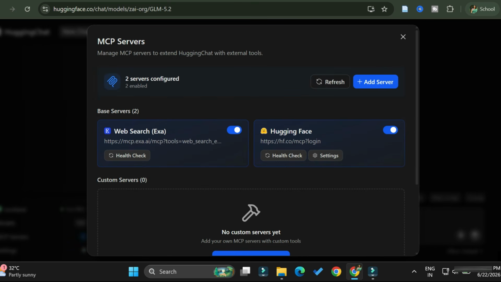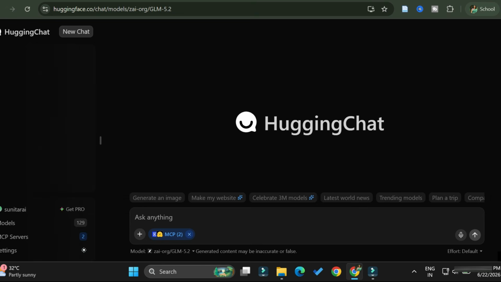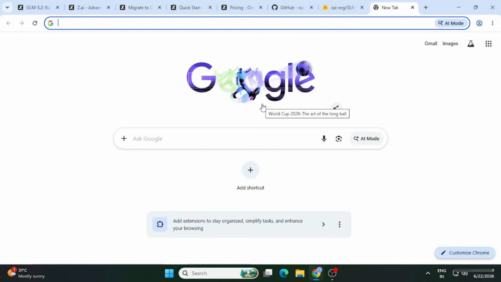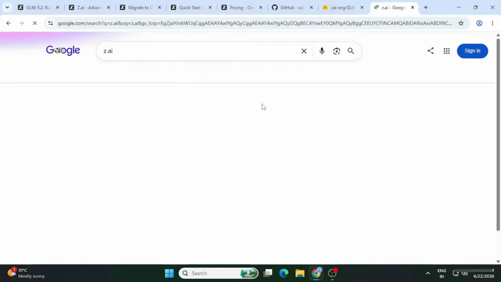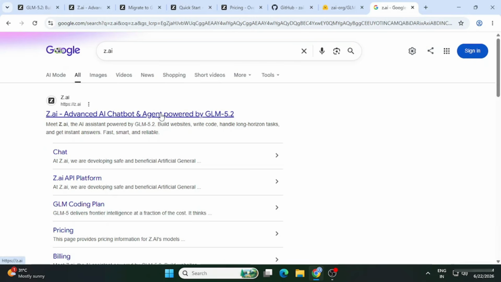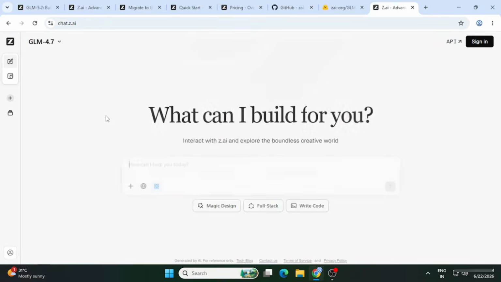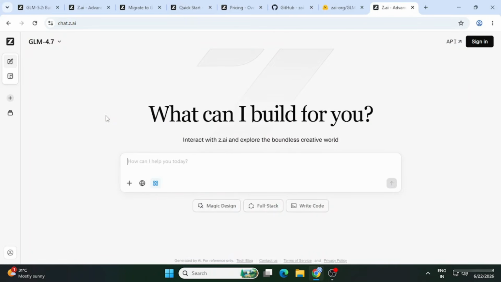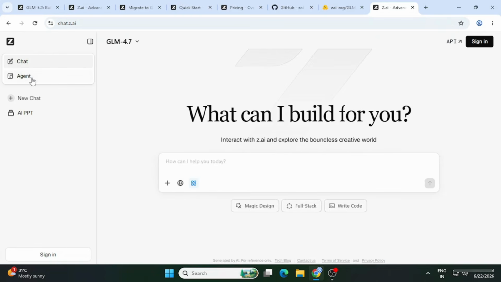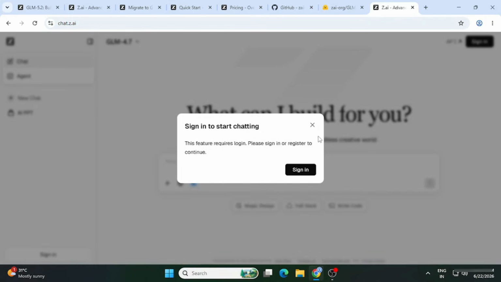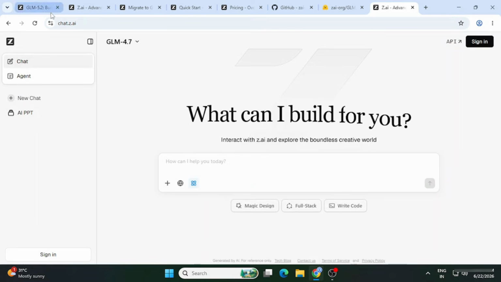Now I will quickly show you how to use it through web, as well as how to use it through Zcode IDE. So now guys, here I'm just going to this Z.ai, and you can see here we have a chat option. So if you want to chat, you can chat, but I feel you should sign up and then use, so that your things are saved. So here what I will be doing, I will be clicking on the sign in button, and then it will show you various options. Just sign in with Google, or you can take another option.